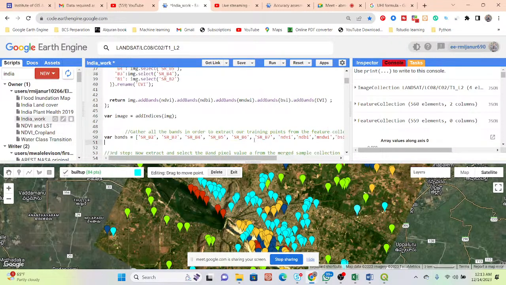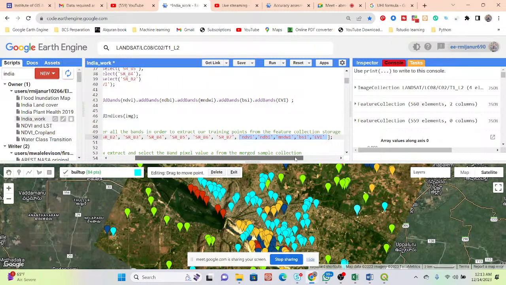When I use this type of external band, then my points also extract the NDVI value, NDBI value, MNDWI value, BSI value, EVI value. So all of those values are extracted. Then I can get a more powerful data set, so I can easily differentiate, because for the cropland and forest, this NDVI value is not the same. Suppose for the cropland, for the build up area or barren land, this NDVI value is not the same. There is some difference. When I add this type of external band, then my data set easily differentiates